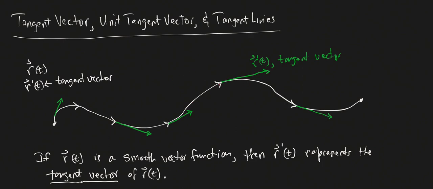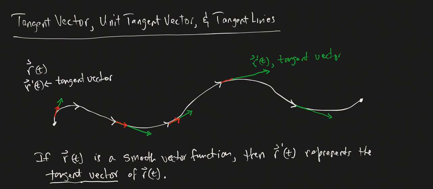Well, if I were to normalize all of these green vectors, so if I were to make all of those